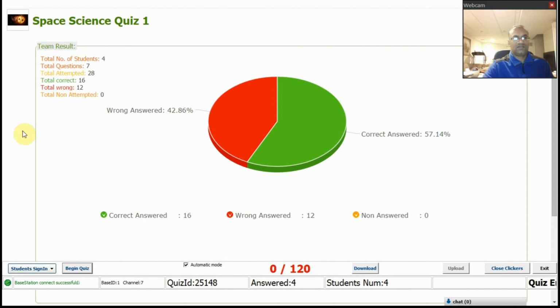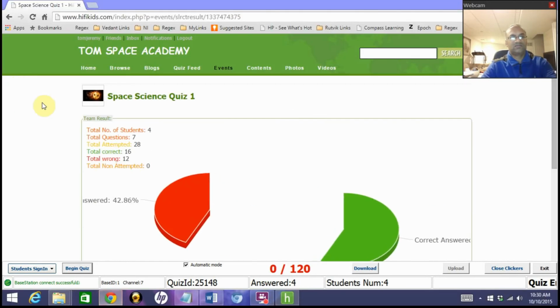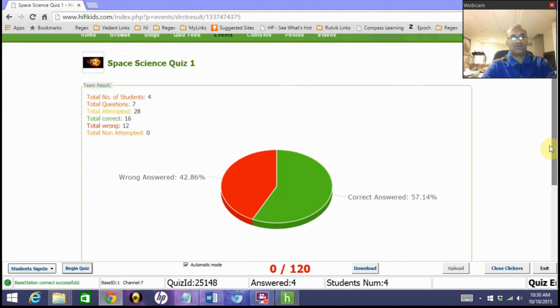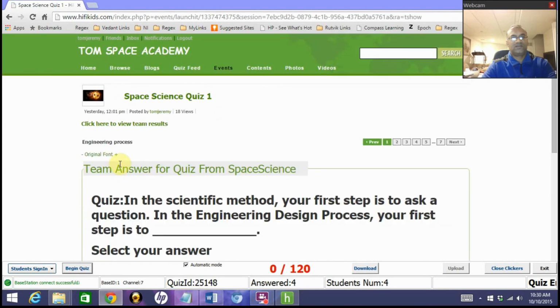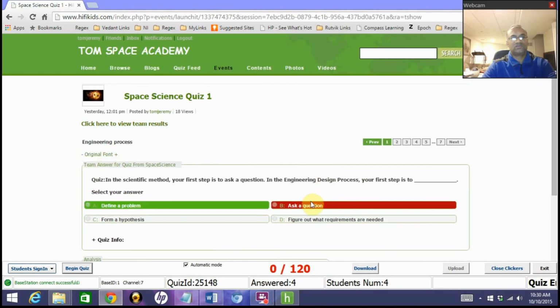So click on this, make sure that you click on this and then press the escape key so that we go back to the normal mode. We come out of this full screen mode, and then you click on analyze team result. This is where you can basically analyze the students' performance. So if I hover the mouse, it tells me 2 students